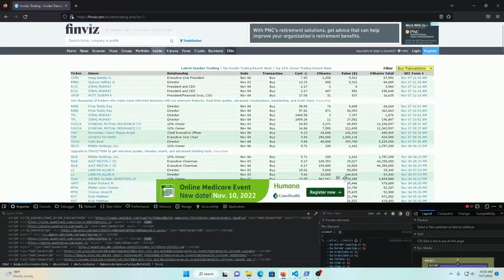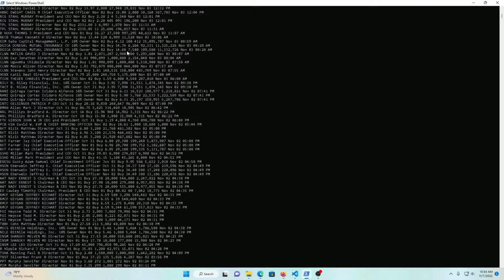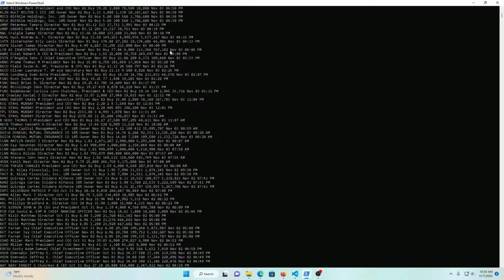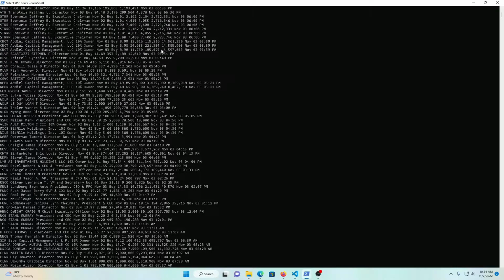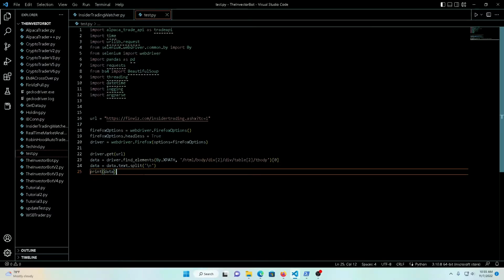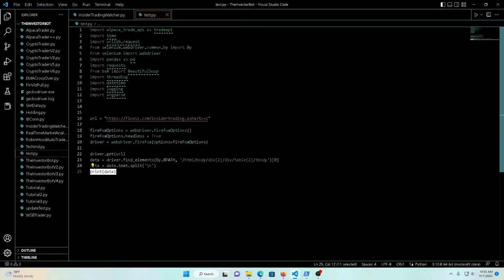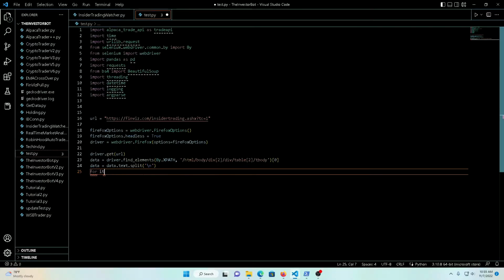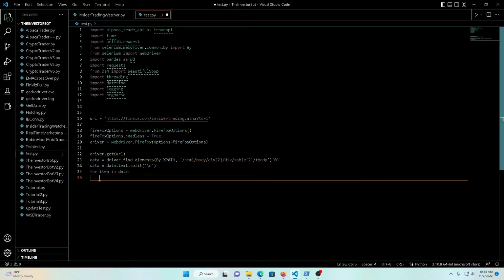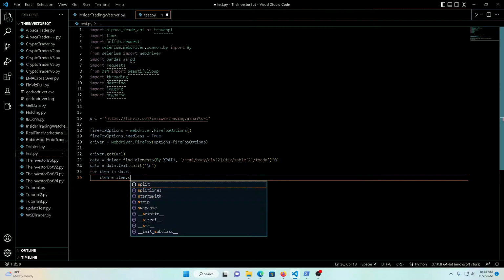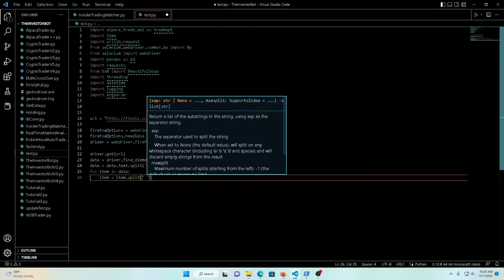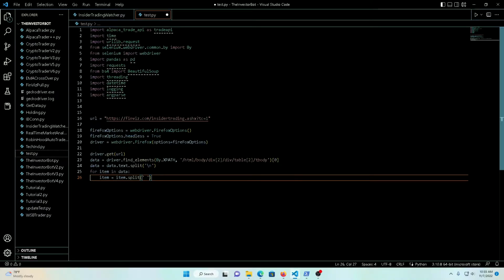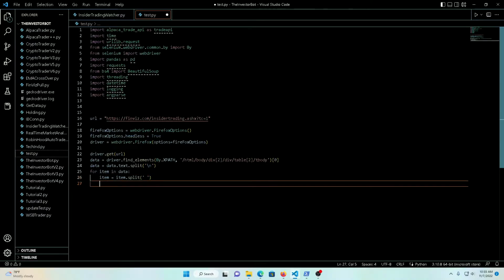And I think the best way for us to index those is going to be going from the back end, because you can index a list negatively. For example, we'll just do a quick for item in data. Okay, so we're going to go ahead and split those into spaces like I said before. Item goes item.split, and then we'll just do on spaces like that. So it's going to split each item up into its own little list, and then we're going to do print